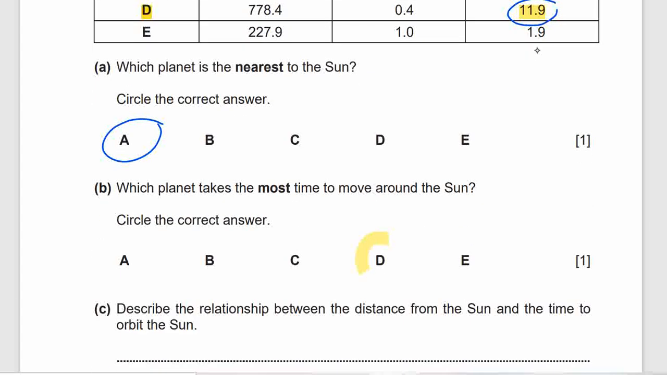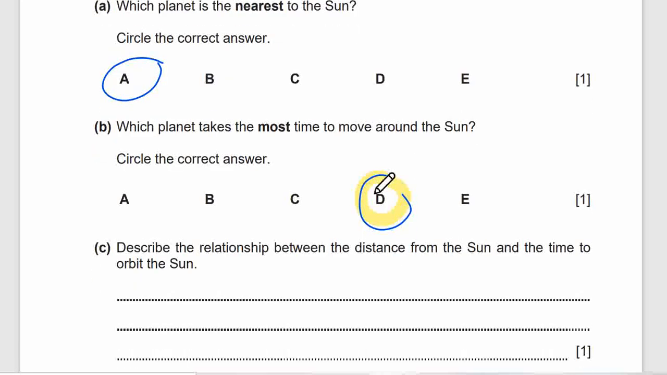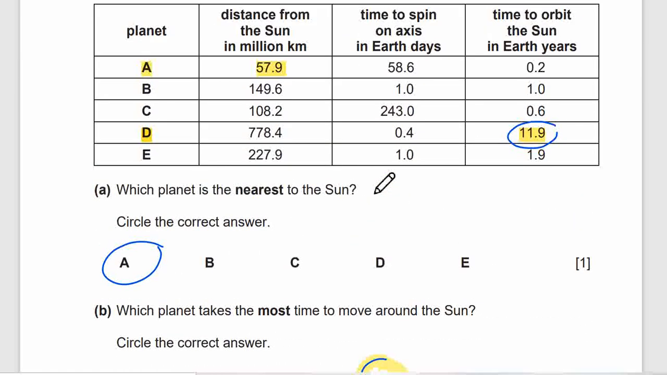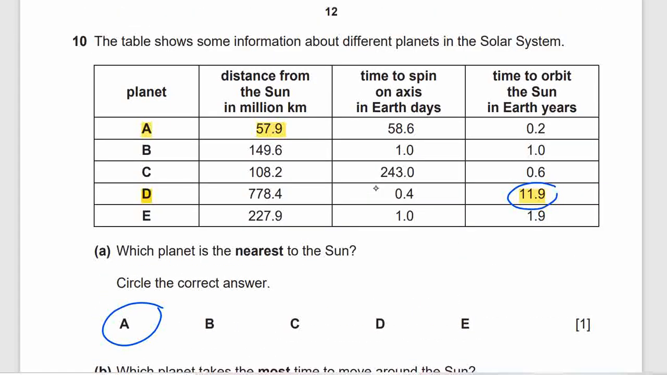Next, describe the relationship between the distance from the sun and the time to orbit the sun. Distance from the sun, if we see, this is the smallest, the nearest, and this is the second nearest. This is the third nearest. This is the fourth nearest. This is the fifth nearest. And if we see time to orbit the sun,